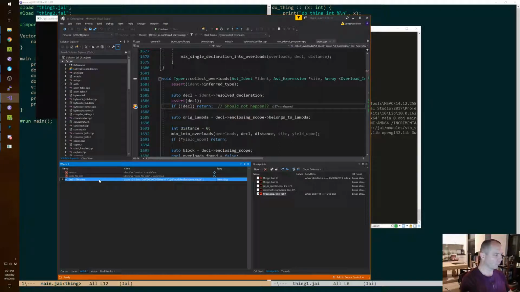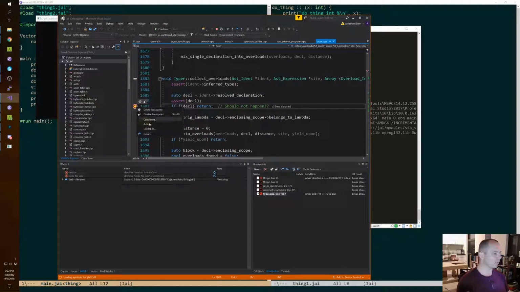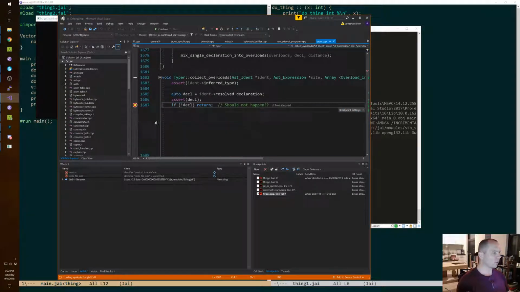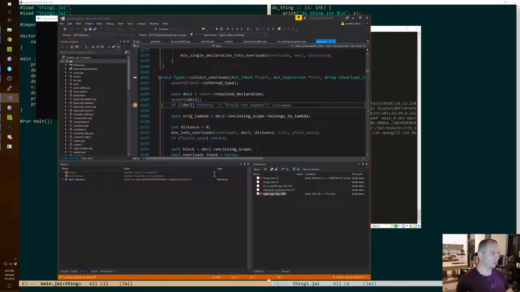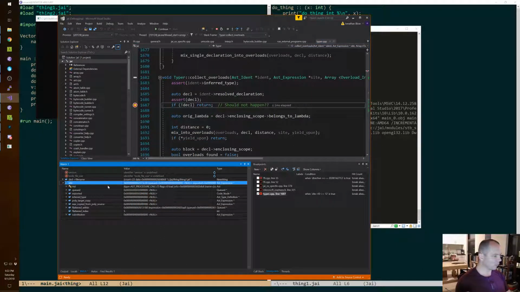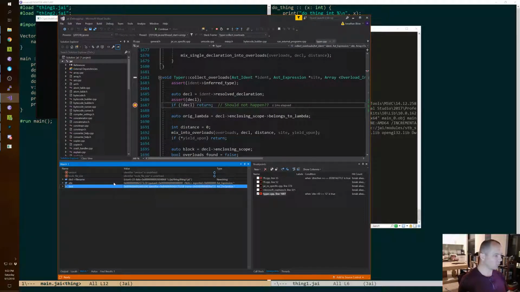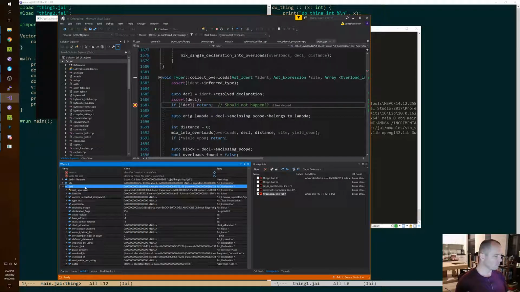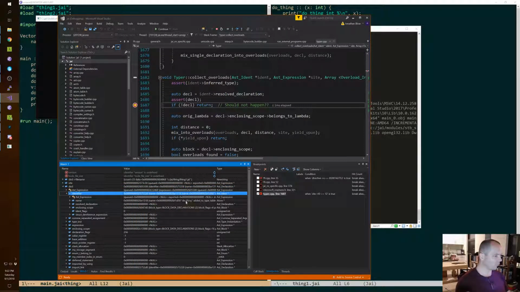Decal file name. That's basic, that's not the right one. That's string. Actually, we want site line number, not decal. The decal is the thing we're looking up. It's site, which is where the procedure call is. I hope I didn't miss it already. Okay, no, good. Site is a procedure call, which it should be because we're looking up overloads. Okay, it's got a declaration. The identifier is do thing.